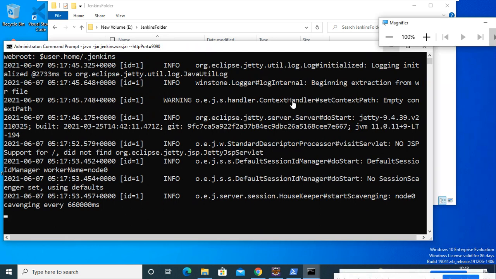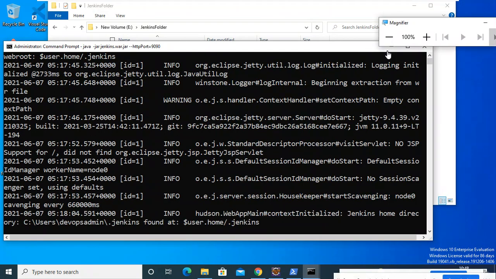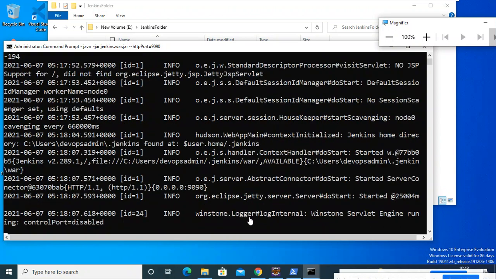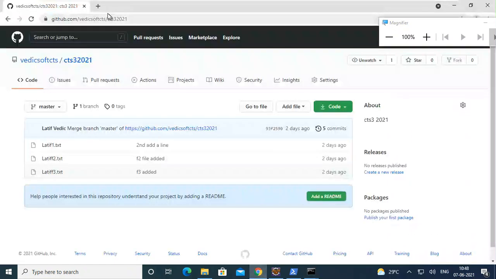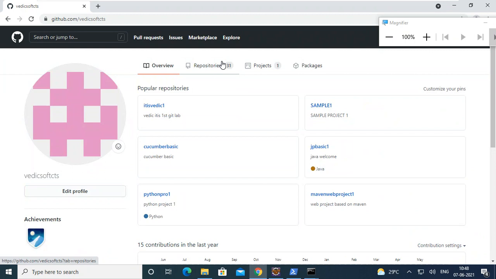Meantime, I will show you the Git related one. Now it is opening. In Git, I will upload this Maven file. I have a working Maven file also, including we will get an output.